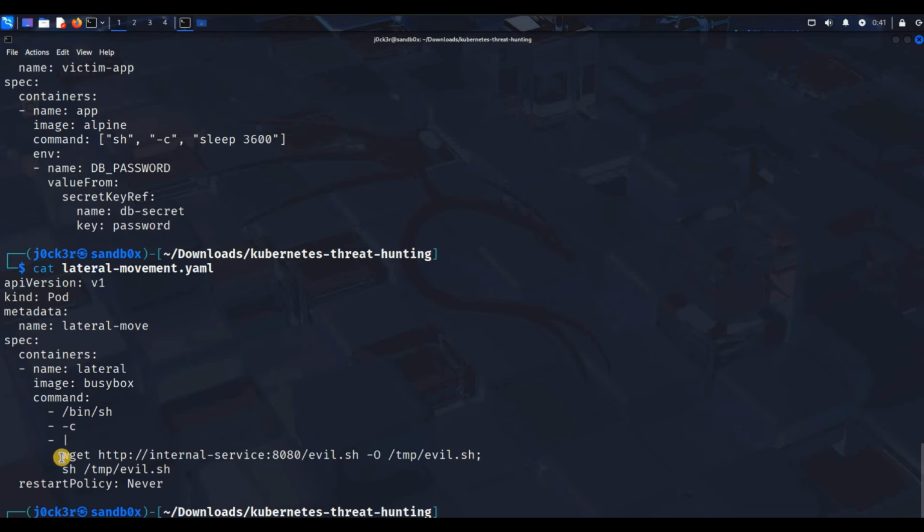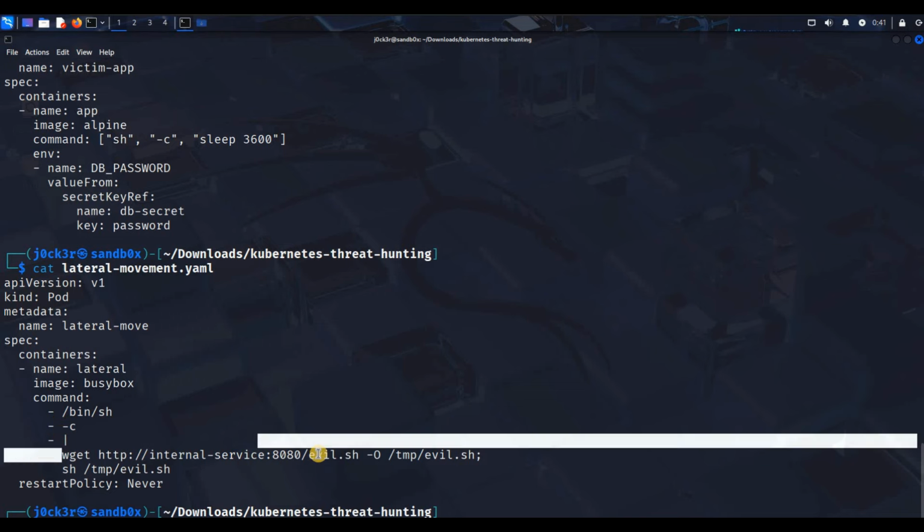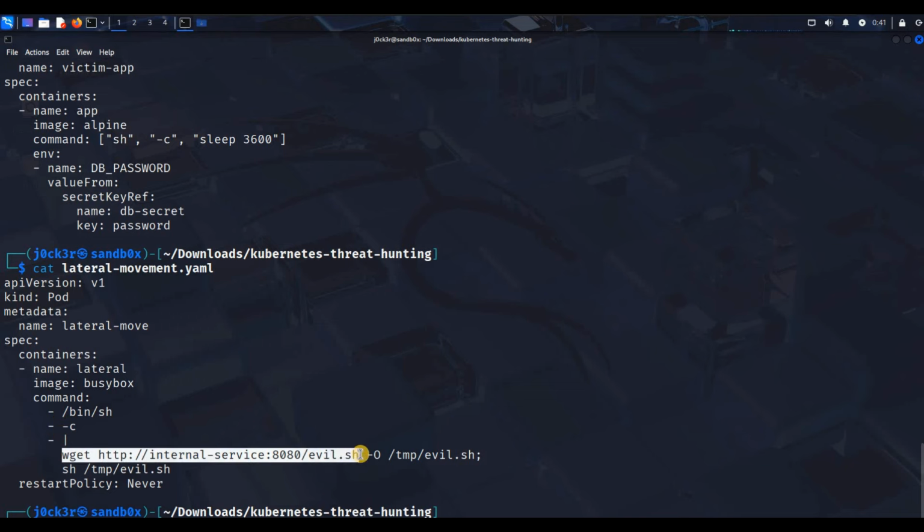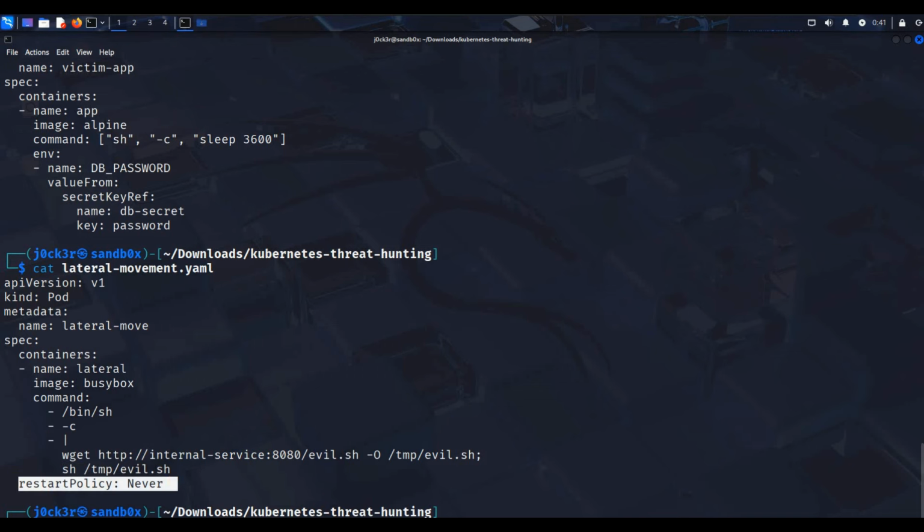Then it will do the lateral movement. For lateral movement, it will download a script which will be executed directly from the temp directory using the sh command, and the restart policy will always be never. Okay, and in the end,